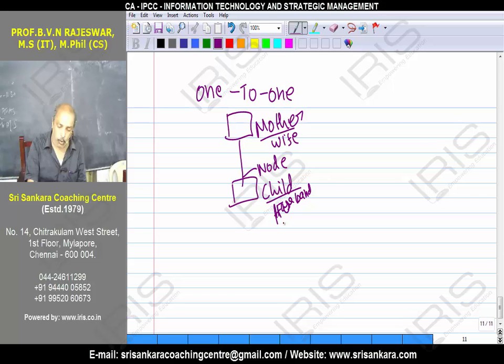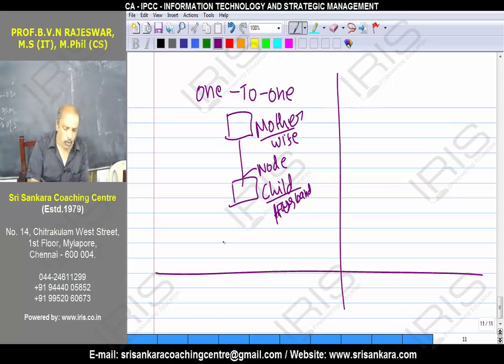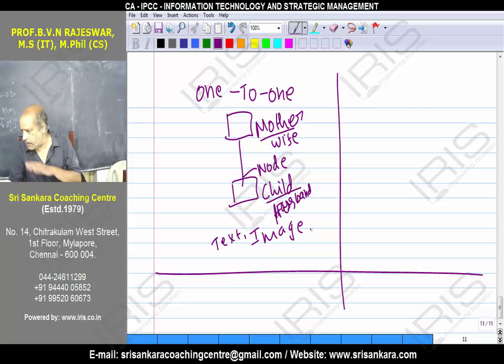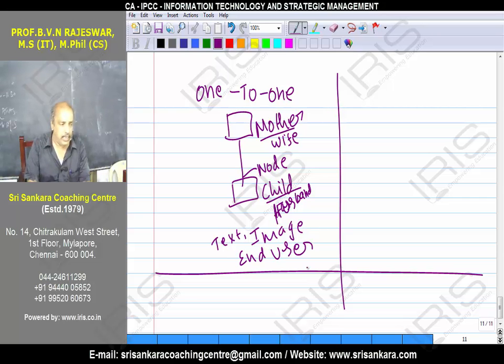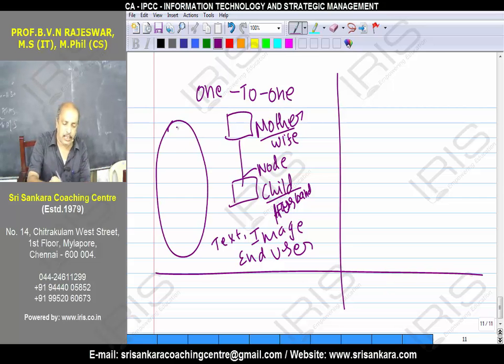We say in a monogamous society. Now what are the relationships here we can get? You can get databases like text database, image database. Remember, text and image will be there in all. Apart from this, what other I get is what I call the end user database. Always I'll provide you some circles adjacent for you to remember, not part of the answer. What is this one? You see, selling only